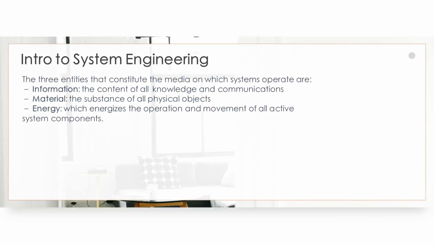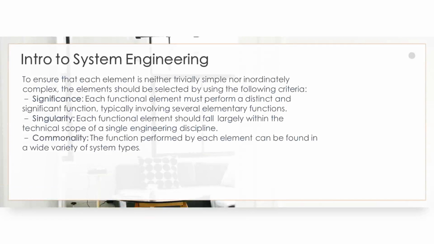In system engineering, there are 3 entities that we need to focus on: information, material, and energy. Information means the contents of all knowledge and communications. Material is the substance of all physical objects. And the last, energy, energizes the operation and movement of all active system components. And also, we need to focus on the